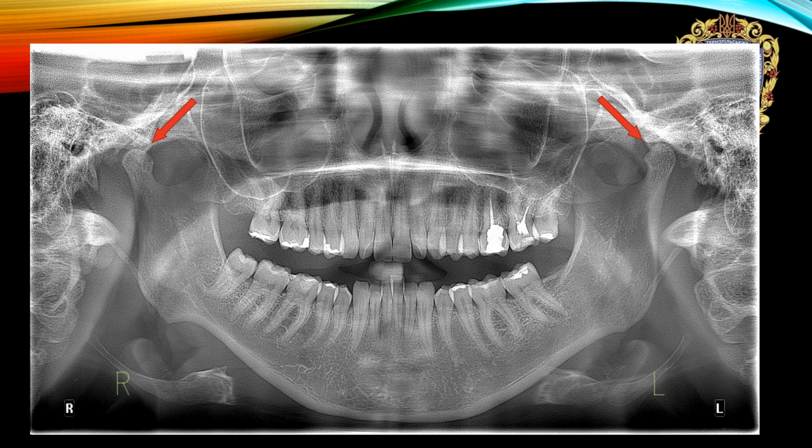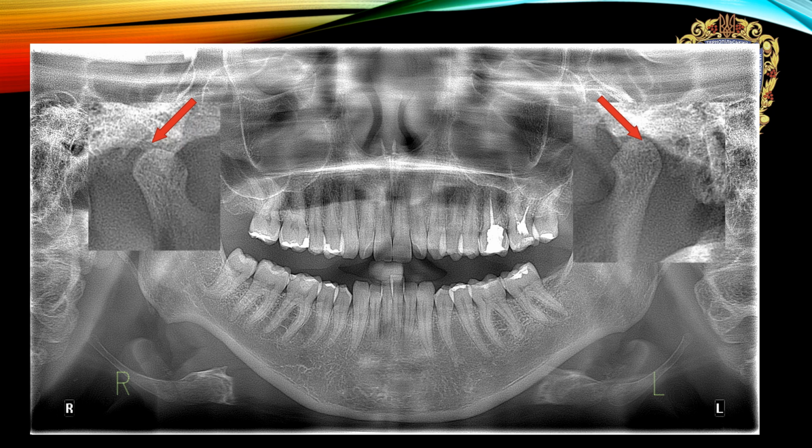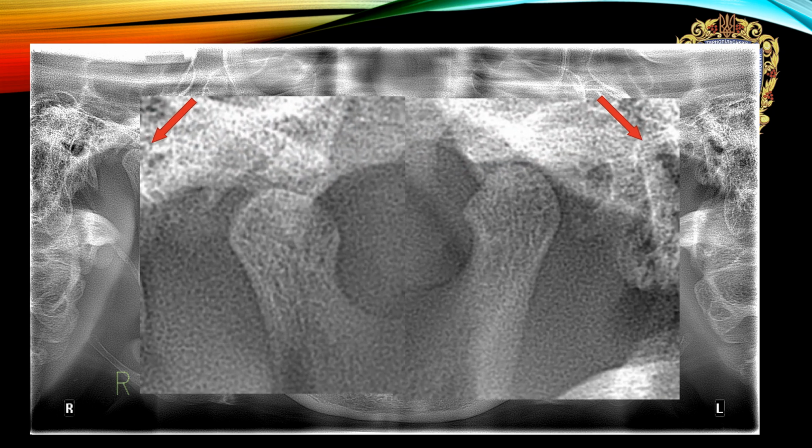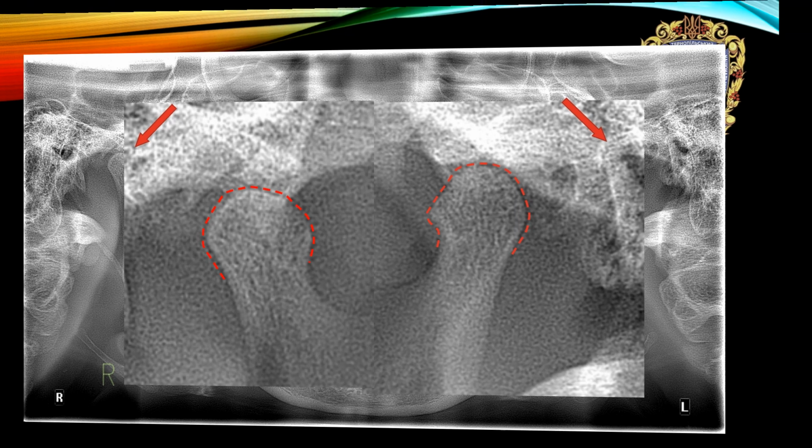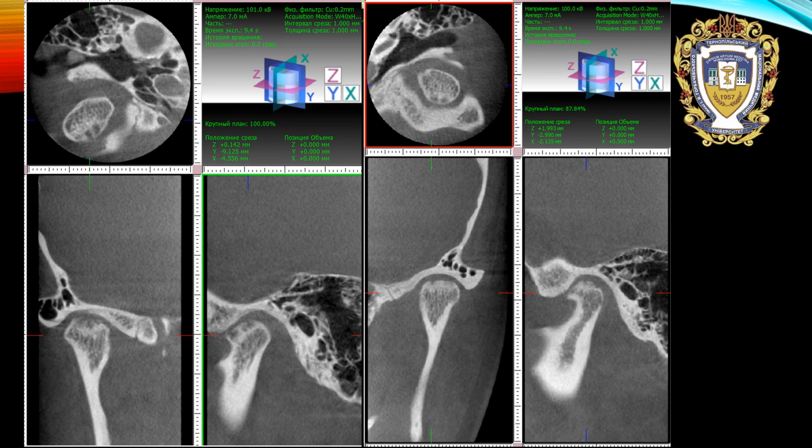As you can see, the different shape of TMJs. The right one has typical shape, instead of the left one, which has an untypical, flat area. But when we observed CT,